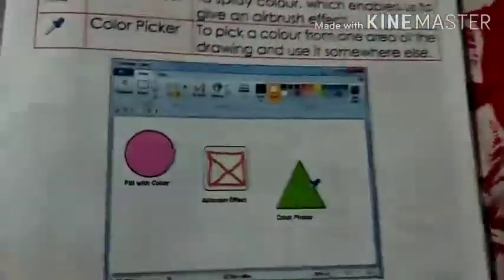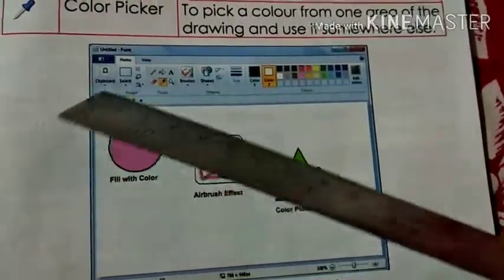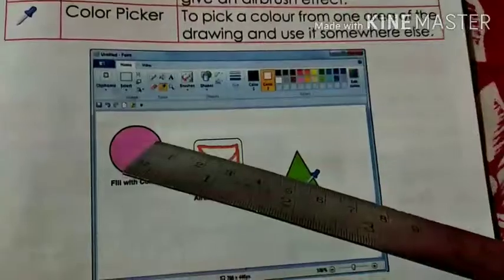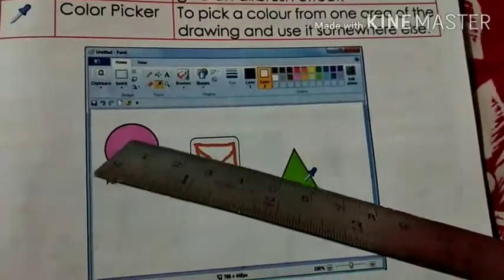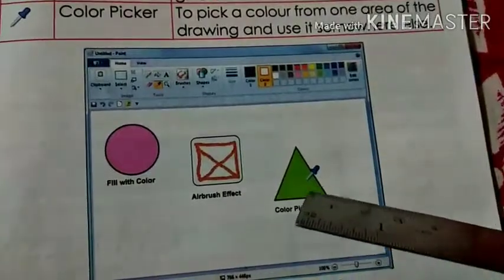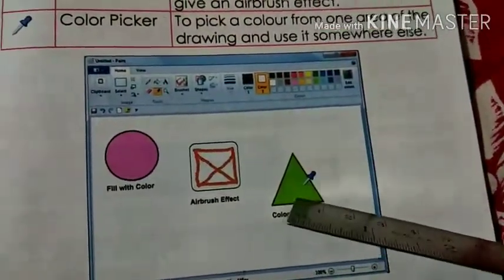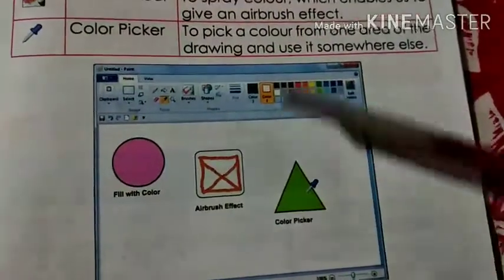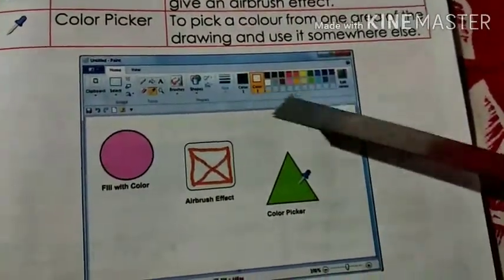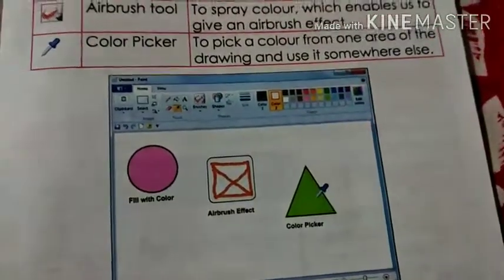You can see here we have a circle shape, right? The outer line of the border of the circle is black and the filling color is pink. Here also the outer line is black and the filling color is parrot green, right? If you choose here any other color as a border, this black color will be changed into the other colors.